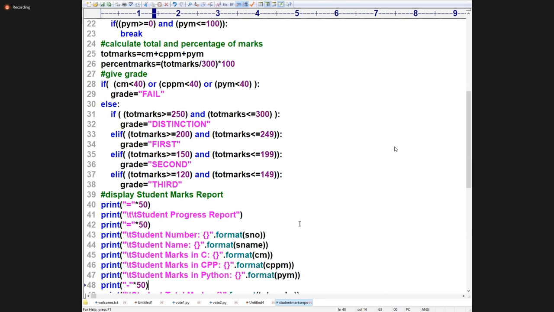Bruce Lee, if you want to get this for one student, you write it. For any number of students, if you want, keep it in an infinite while loop. While True in the beginning, ask: do you want to go for another student? Yes or no, you say. If yes, continue. If no, break. Simple. Already we learned the infinite loop, right? Bruce Lee got it.